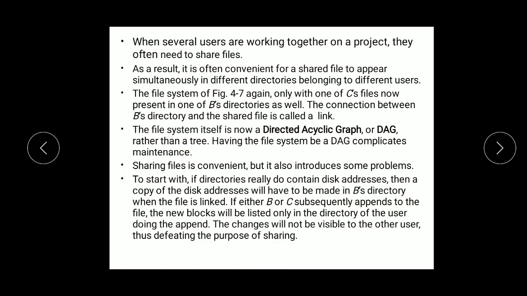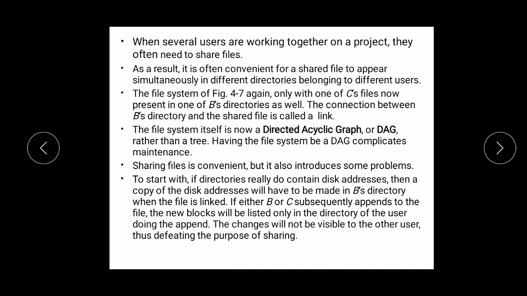When several users are working together on a project, they often need to share files. So sharing of files is common when they go for a common task or common work. As a result, it is often convenient for a shared file to appear simultaneously in different directories belonging to different users.